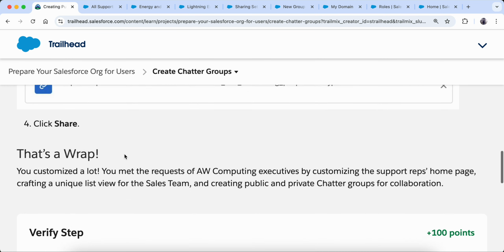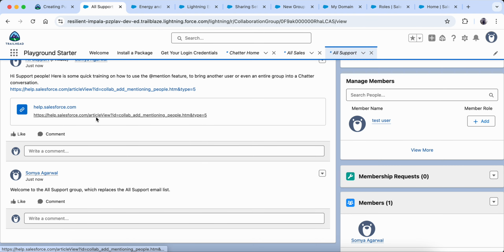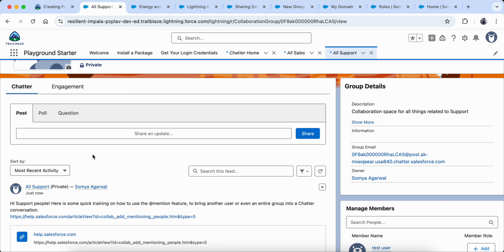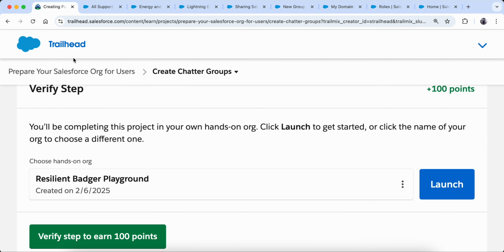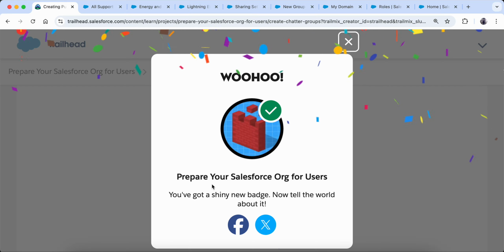So this is how they are saying we can share links on the Chatter group, so that if anyone wants to see how, we can do all these kinds of collaboration activities here. And then I'm just going to click on verify this step. Just do this step for all your hands-on. Okay. Because with this you will come to know the very little details which we skip sometimes. We don't read properly, or there can